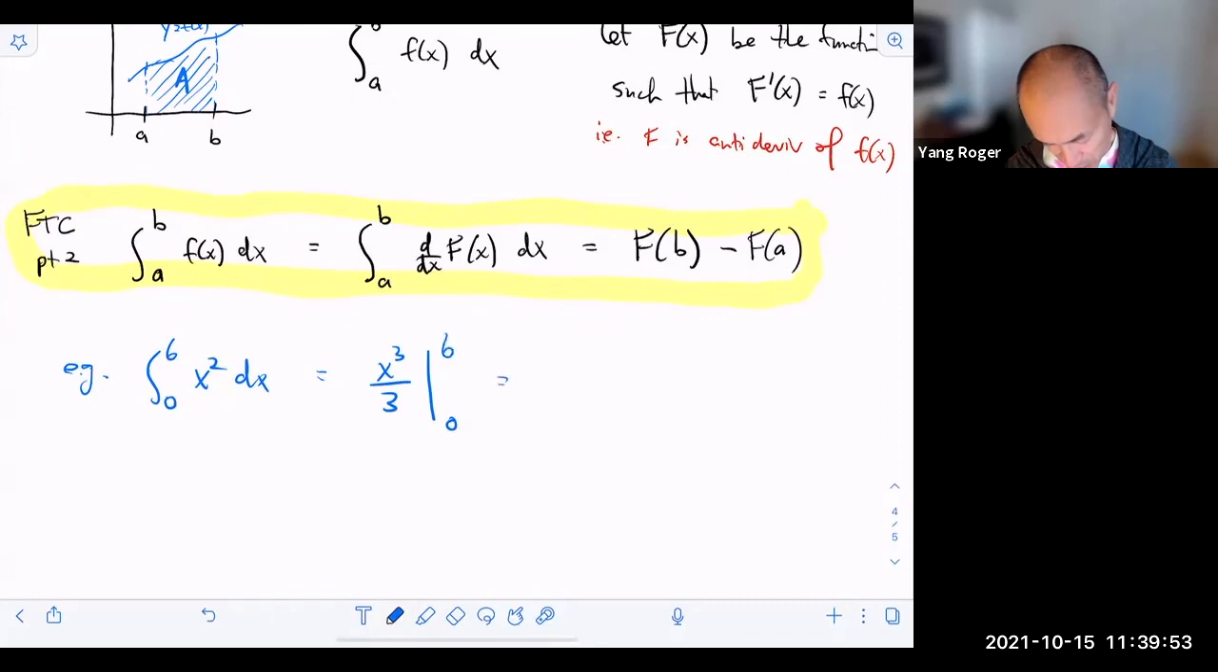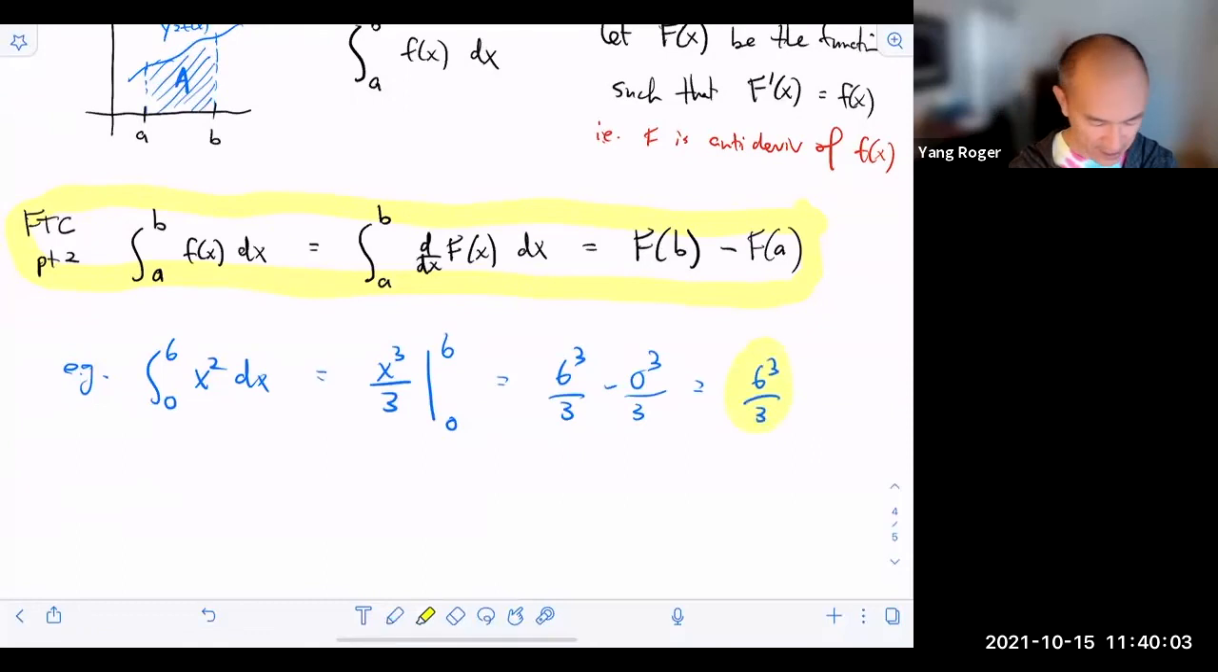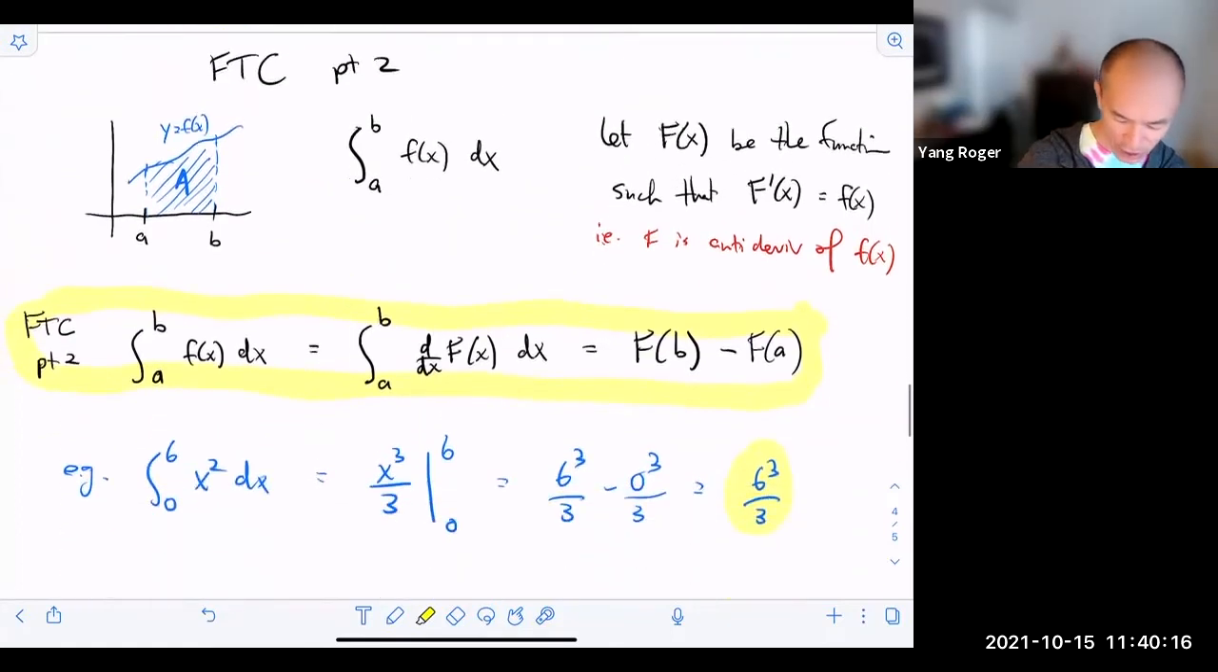And then we just plug it in. So this will be 6 cubed over 3 minus 0 cubed over 3. That's just 6 cubed over 3. That's it. Easy peasy. Does that make sense? I want you to try a couple